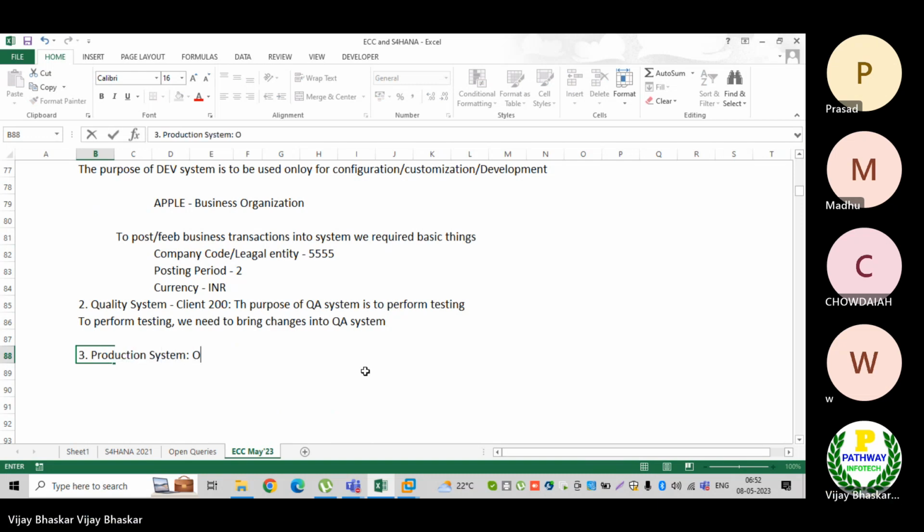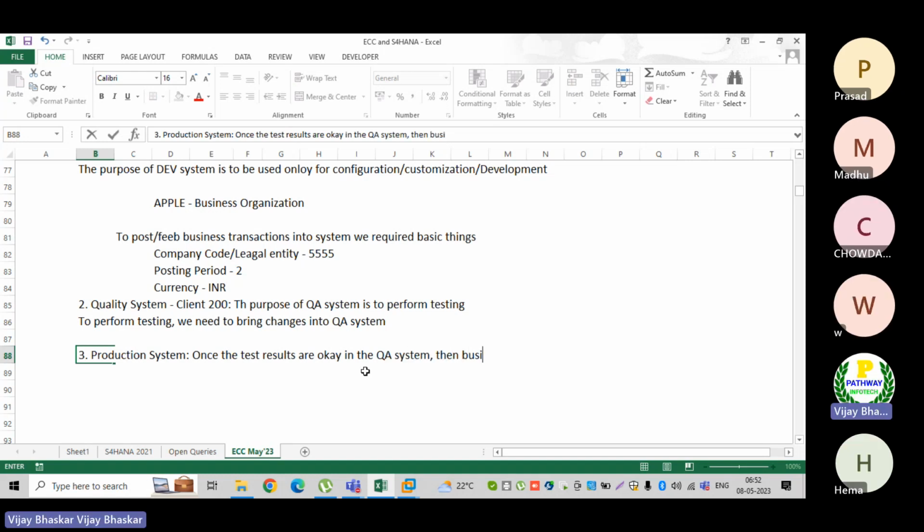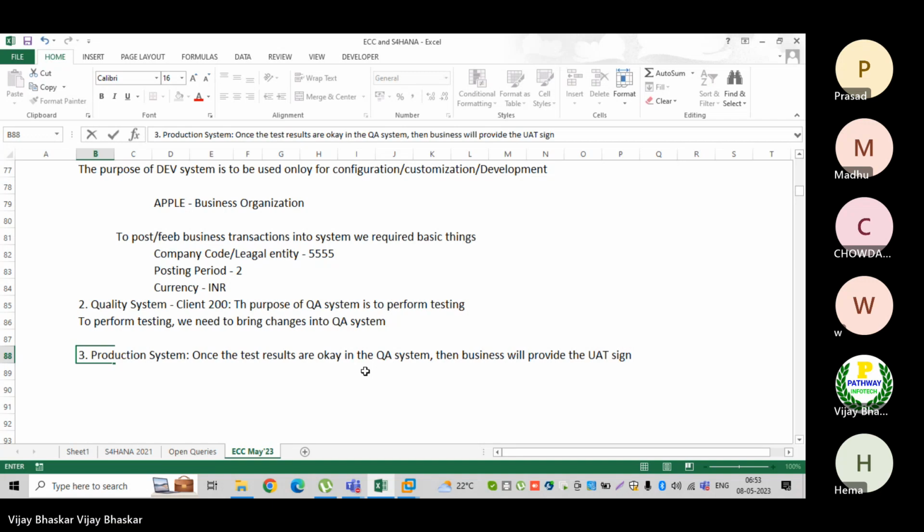Production system. Once the test results are okay in the QA system, then business will provide the UAT sign off. UAT stands for user acceptance test. We will discuss more about it going forward. Okay, UAT sign off. Then we need to move changes into